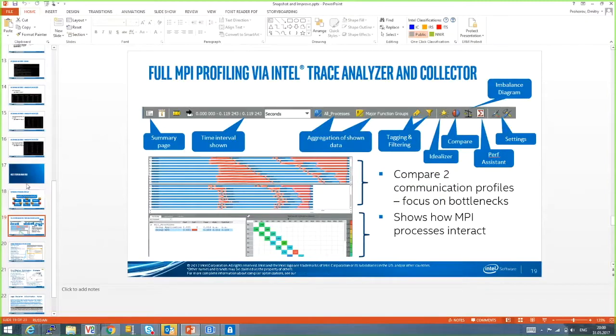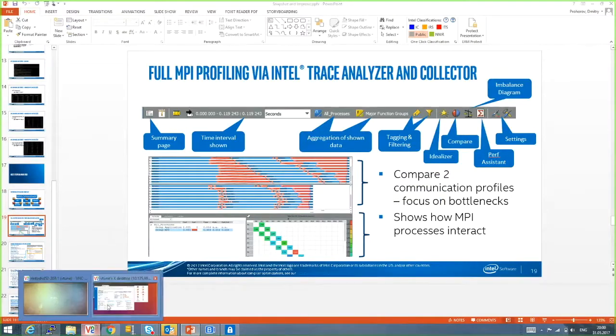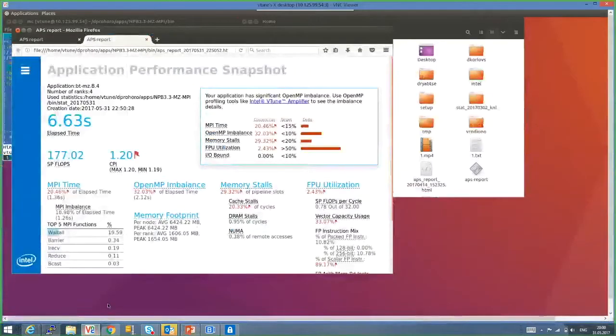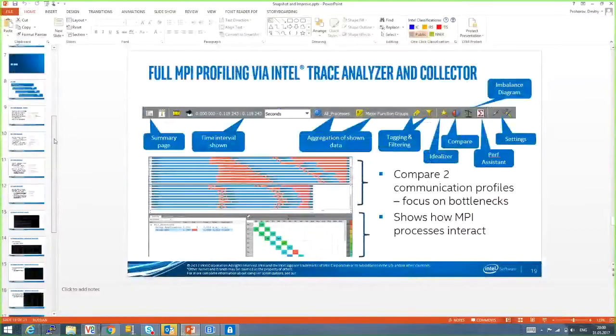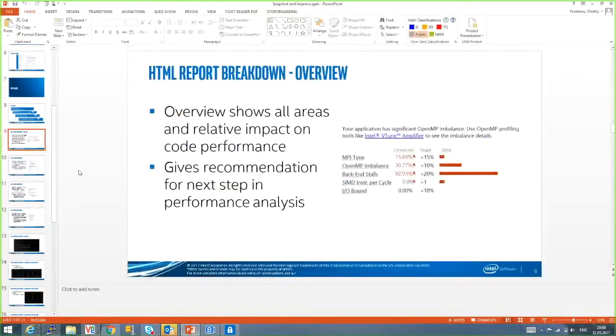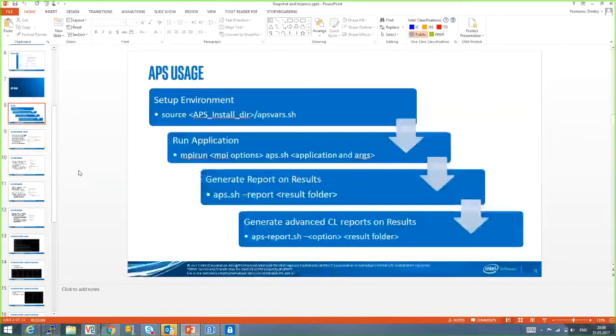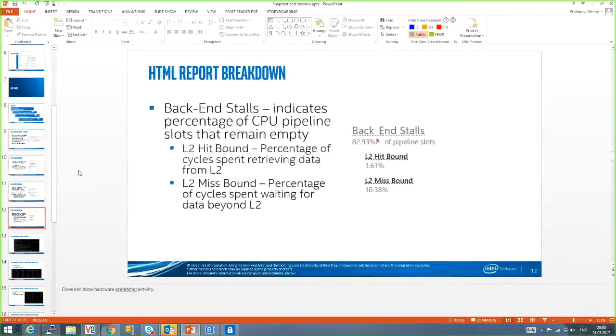I couldn't see too well some of the demo, but if we're looking at this on KNL, is this going to show us something about the high bandwidth memory utilization? So currently, you will not be able to see this,